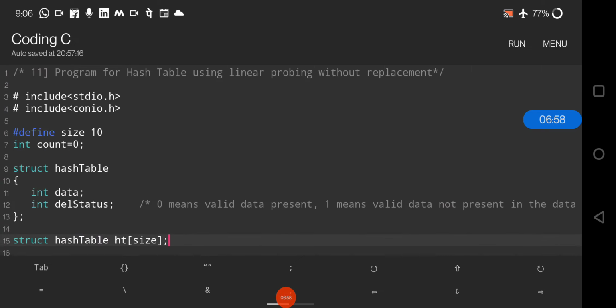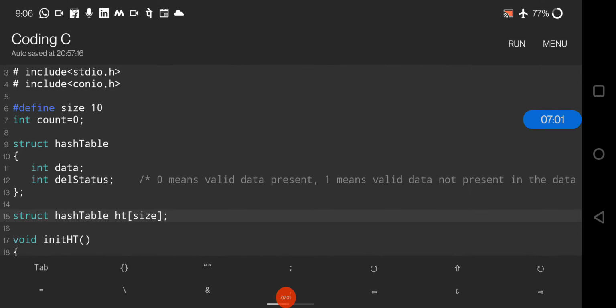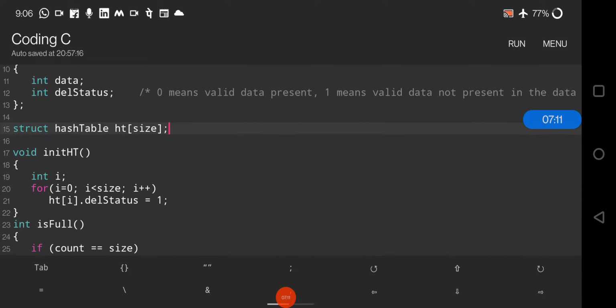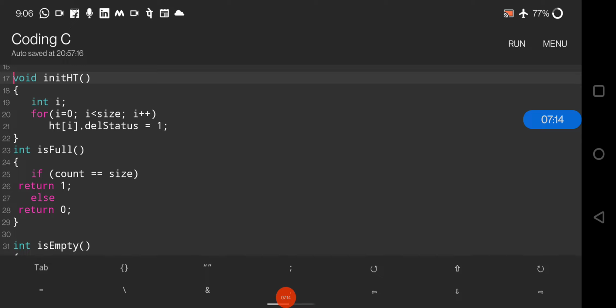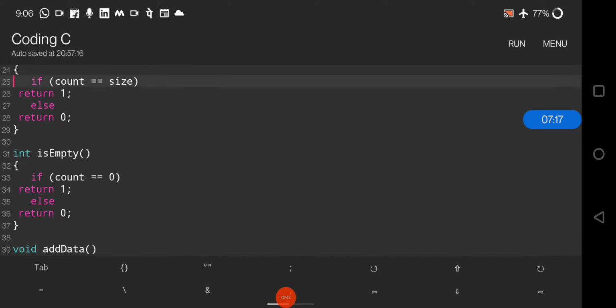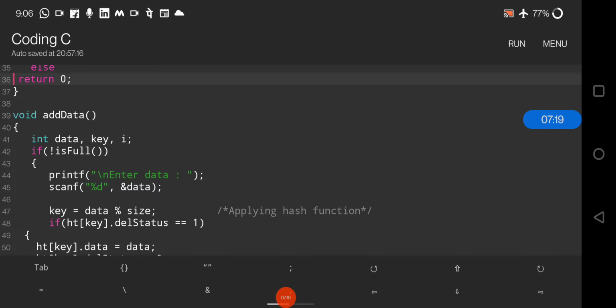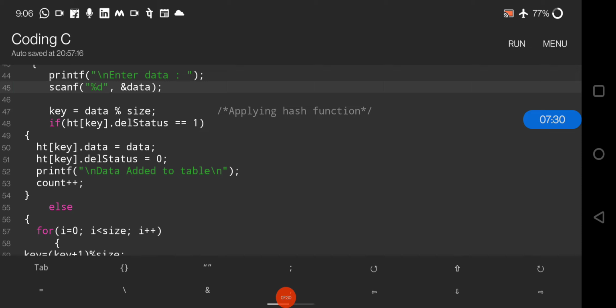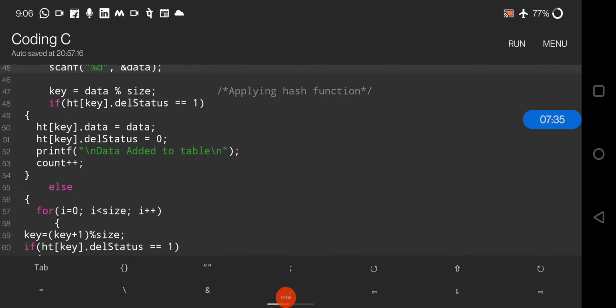So see here, we are defining the size so that we will have 10 entries only. As it is a hash table and we are going to allocate the locations, we are creating the structure for that, and we are already initializing the size. We will check if it is full, then we will print that the hash table is full, otherwise we will add the data. For that we first check if it is full. If not, then we will add the data. We will print that the data is added to the table. Then we will increment the count so that another data can be added to the next appropriate location.